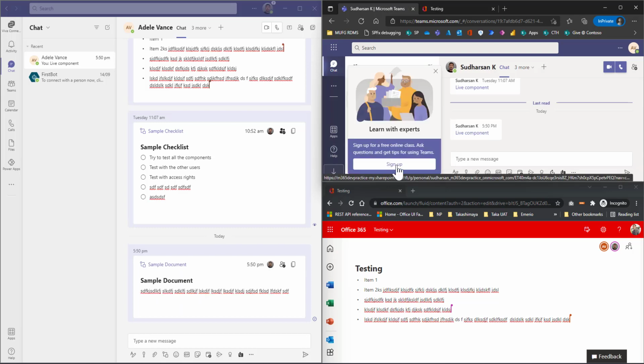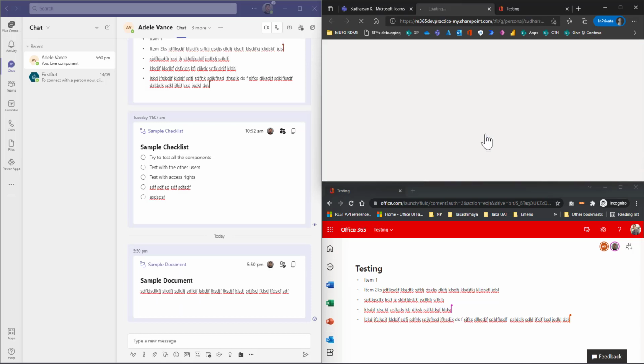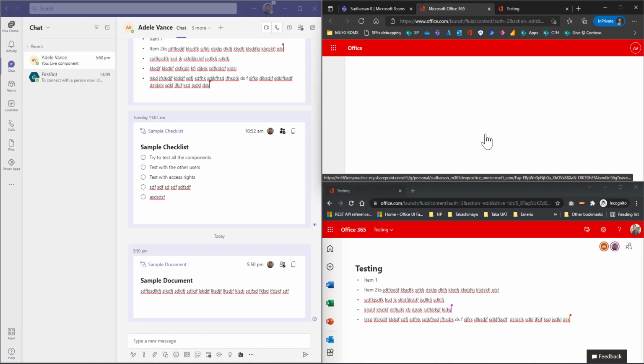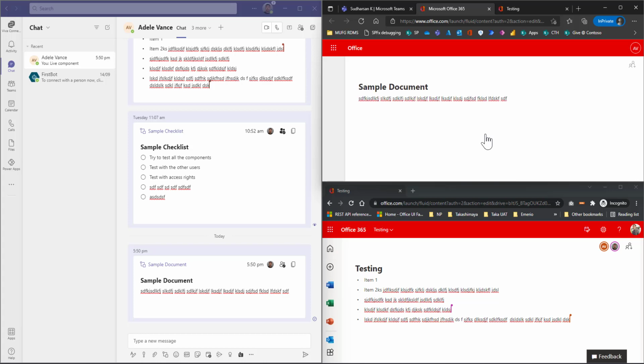So once I send it, automatically Adelaide Vance will get a message, and when she clicks on it, since it is in the browser, it is opening the Fluid file, and the moment she opened it, you can see the user added here.